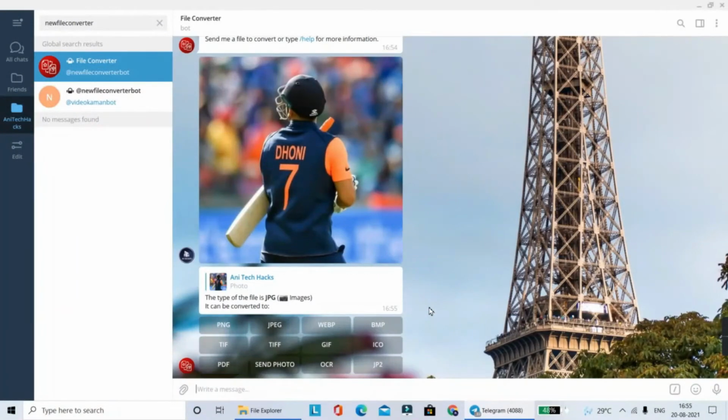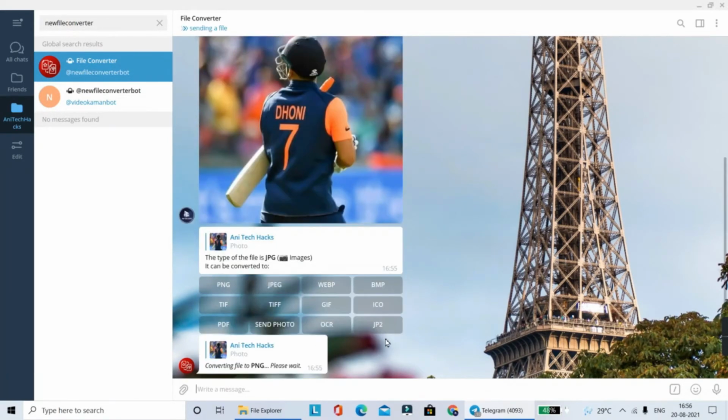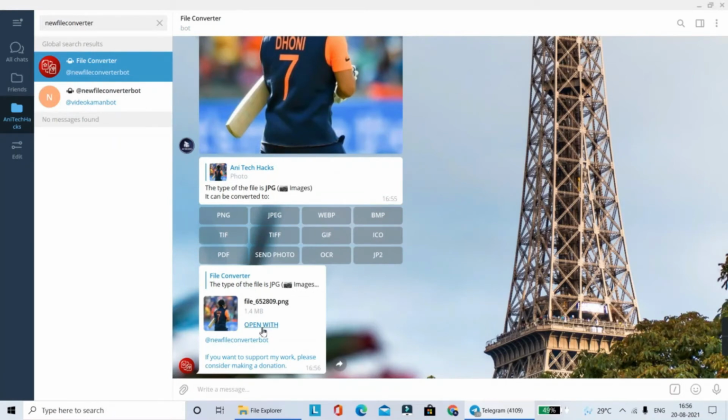Now you can convert this image file to PNG, JPEG, WEBP, BMP, TIF and many more. Let me select PNG file. Wait for a second. Now the image file is converted into PNG file. You can open it.